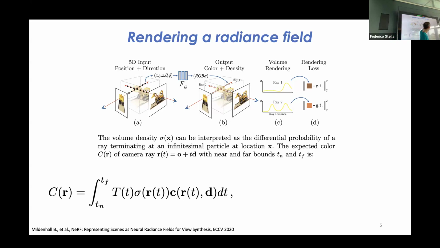So if we find nothing before the object, we want to see this object. If we find an object here, we do not want to see this one, okay? So this T function is this. It goes from these two bounds. So this is the bounds of the ray, near and far. Near is usually the sensor or slightly off from the sensor, and the far is a bounding box on what